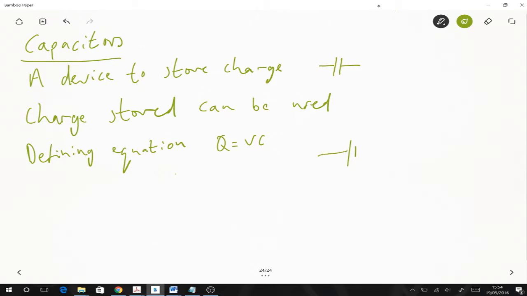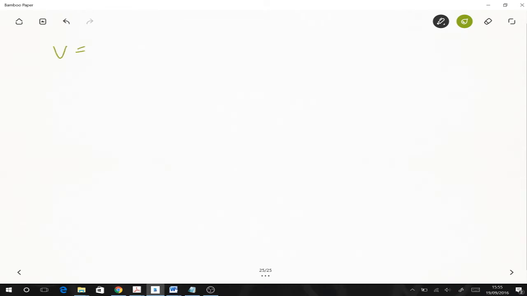Now in this particular video we're going to be looking at how the capacitor will discharge through a resistor. So in a circuit like this, it can be charged by a battery or a power supply, and then that can be switched potentially to a resistor to allow it to discharge. Now as it discharges, it will lose charge, obviously. And the charge that it loses is equal to current times time. Okay, so the charge will affect the current, because the more charge it has, the faster the current will flow